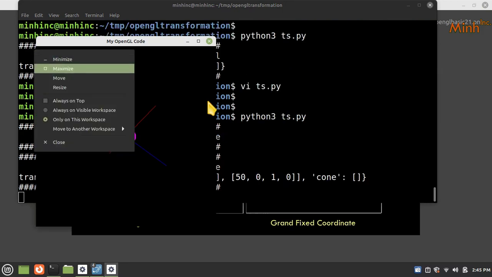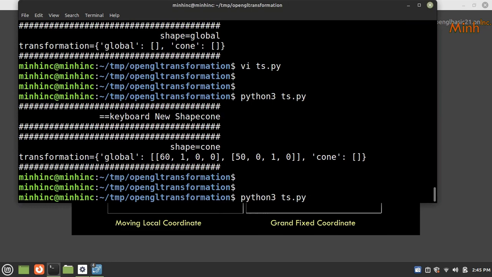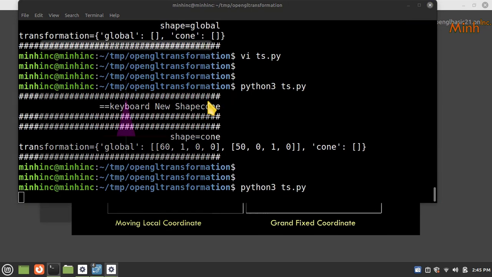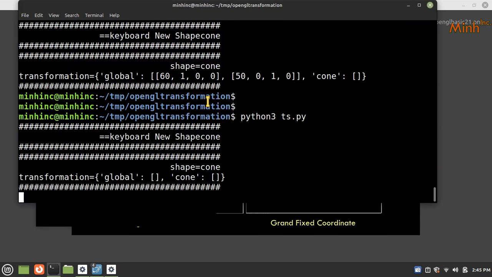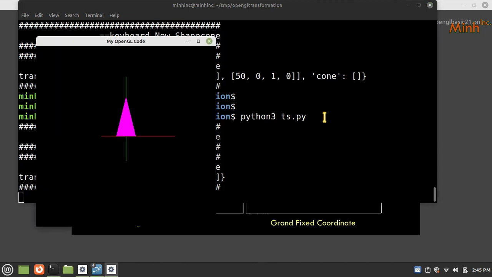Okay, so I think I can do it again. Okay, tab. Now I am in the cone. So here, okay, I have pressed shift G. So this is local axis. Local axis is also drawn. Now